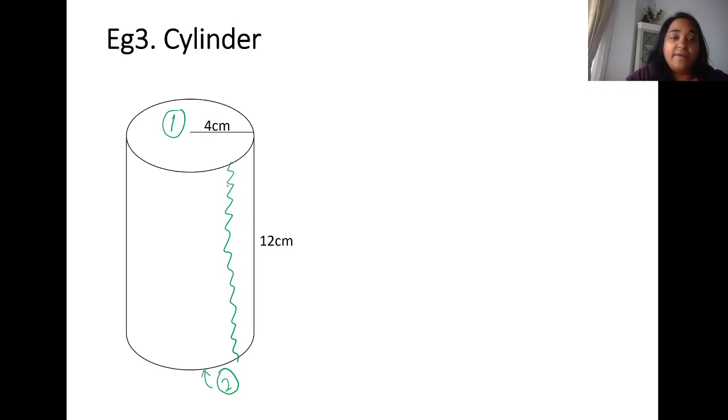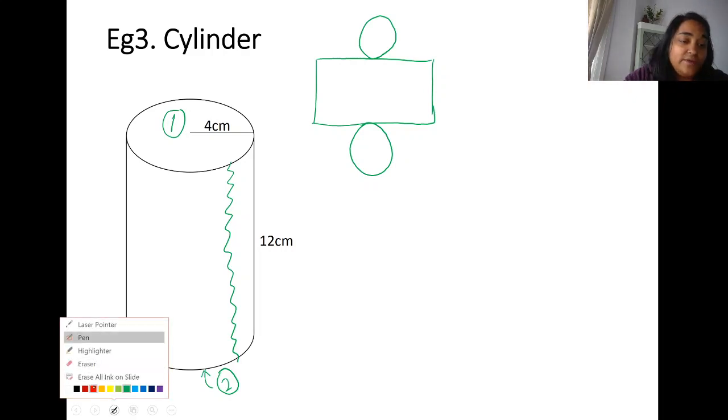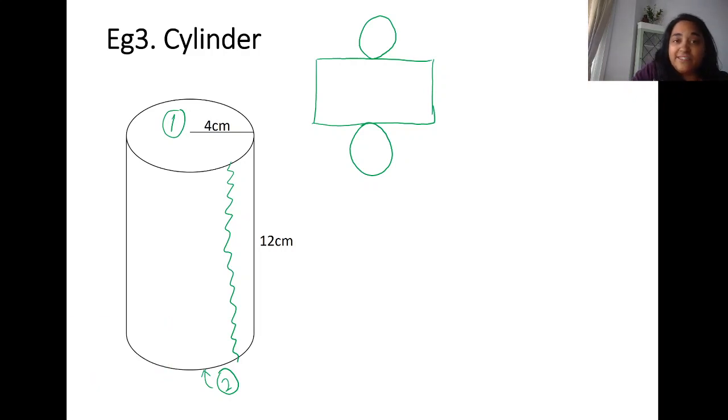Yeah, if you expanded that out, you'd actually end up with a rectangle. And that rectangle would wrap around these 2 circles. So how we'd make a cylinder, we're thinking about its net now, is that this length